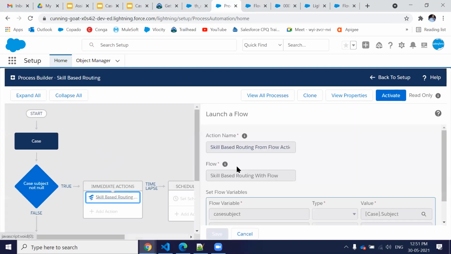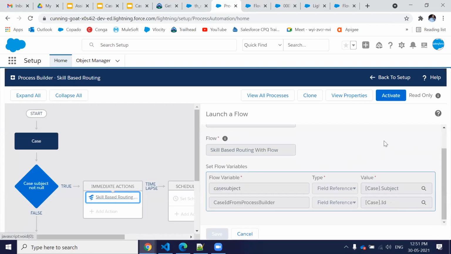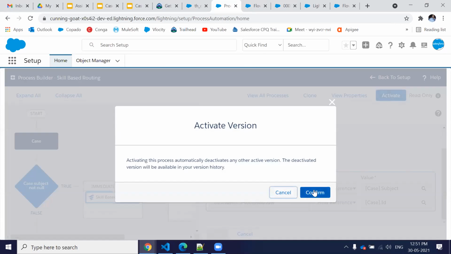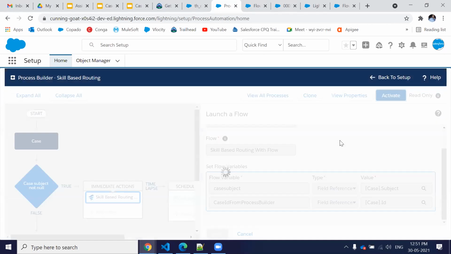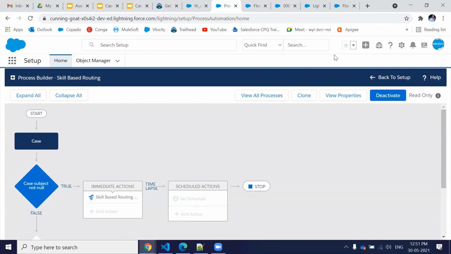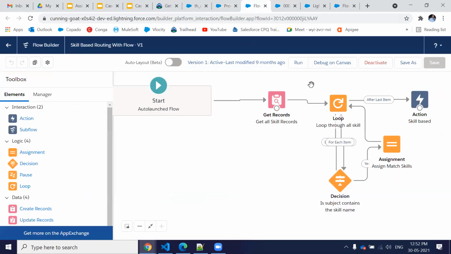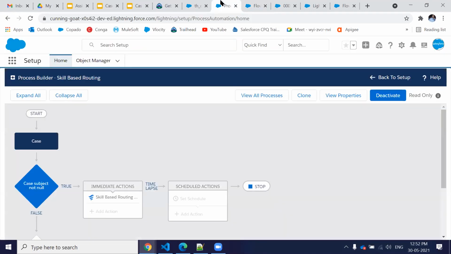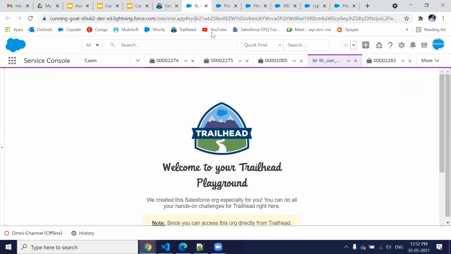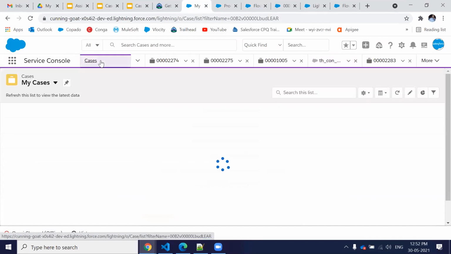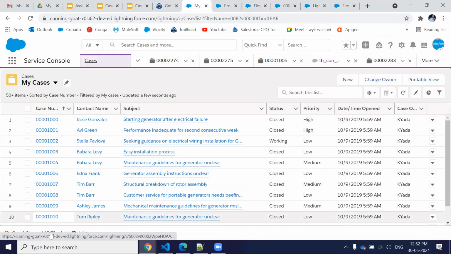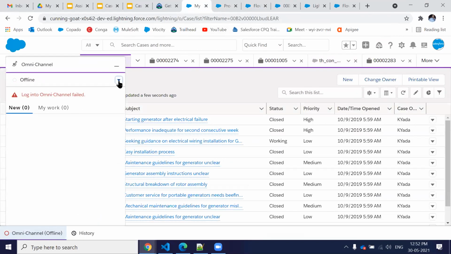I'm calling the flow here, and this is inactive right now. So let's just make it active. So this flow is active. This process builder is active. This is active. Let's just go there, make it active.